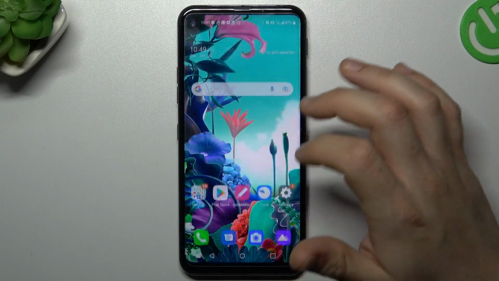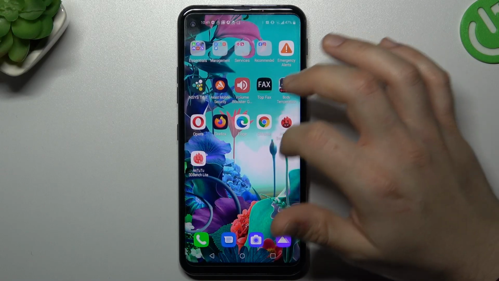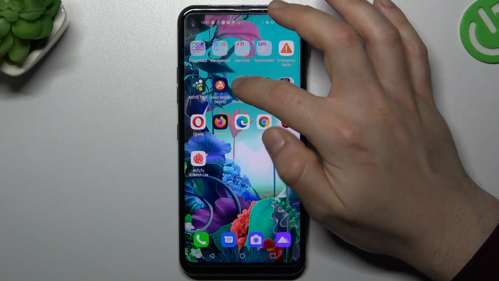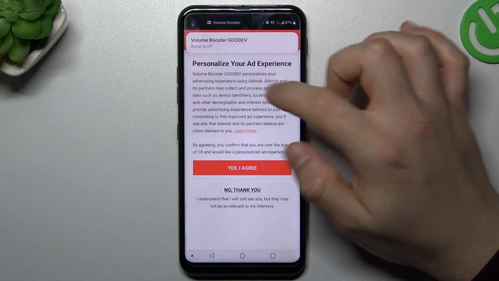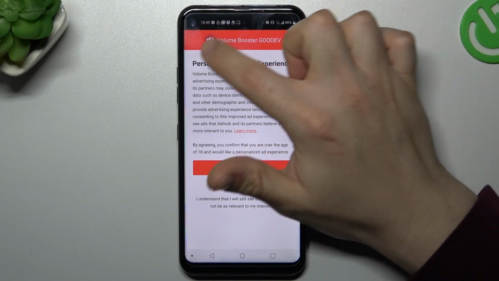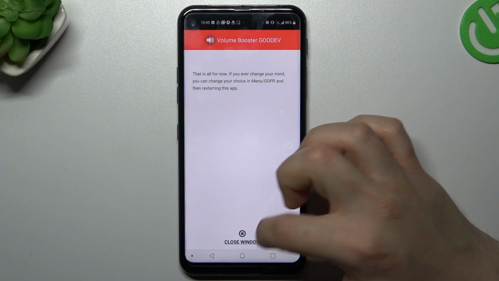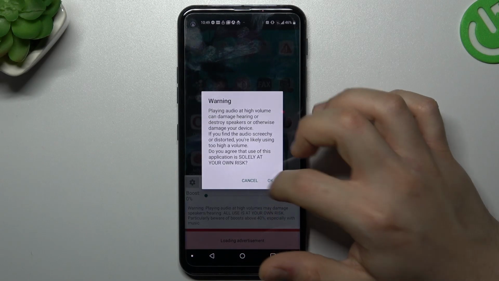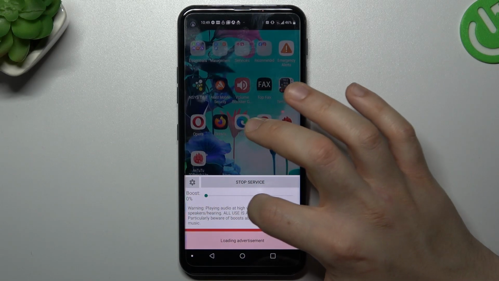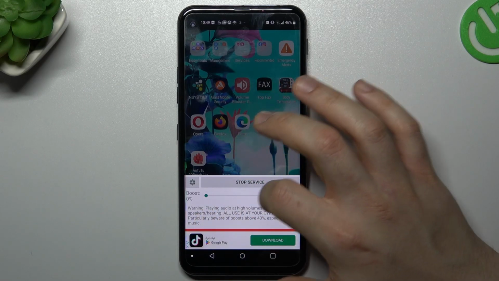But if that way is not enough for you, you can also try to download this app. This is a volume booster. There is the name of the app. Now click 3 times no thank you and close the window. Now just click OK, and as you can see by this little slider you can increase and decrease the volume